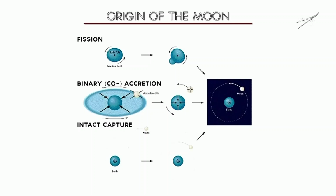Darwin's grandfather actually suggested that the Pacific Ocean was where that body came from. The second origin theory was that both the Earth and the Moon essentially accreted in the same spot, but created two different bodies, what we call co-accretion. And lastly, the